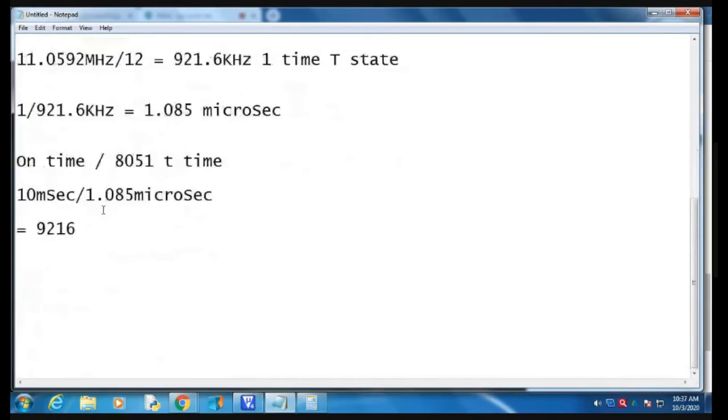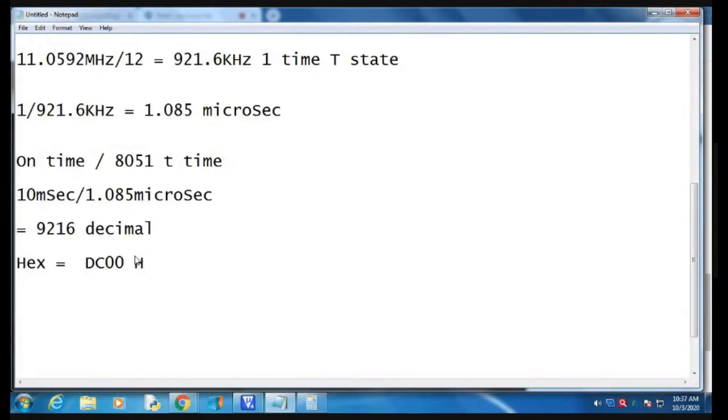Now this is my decimal value. I want to convert this decimal value into a hexadecimal value. This decimal value converted into hexadecimal is DC00H.